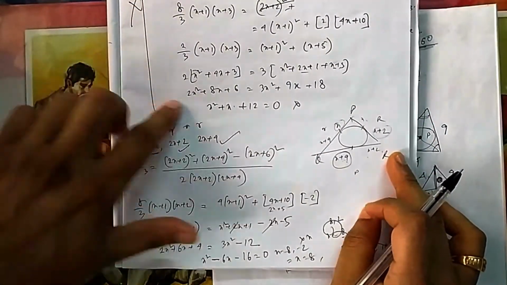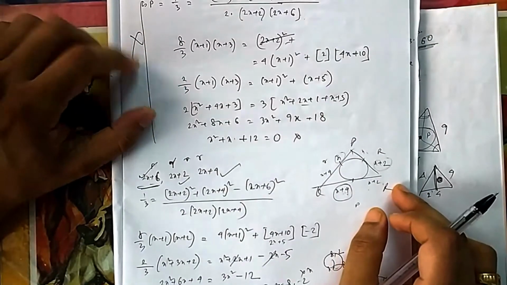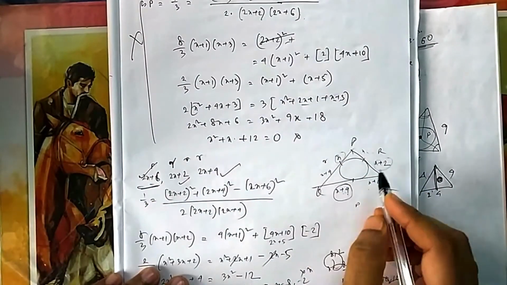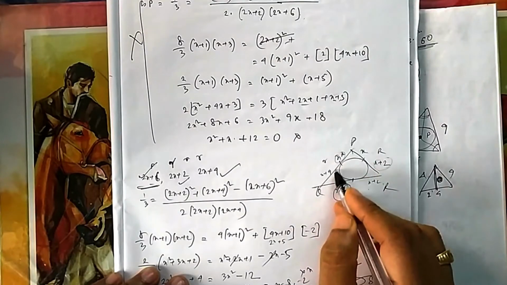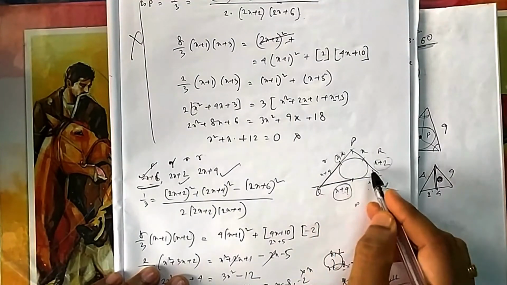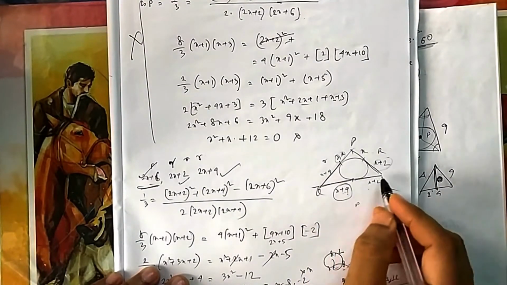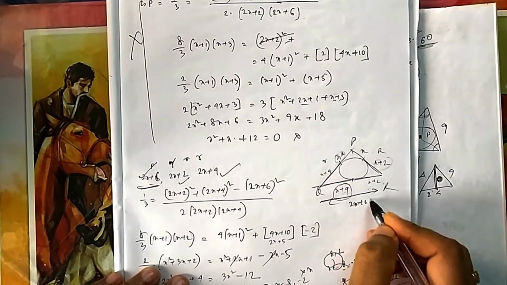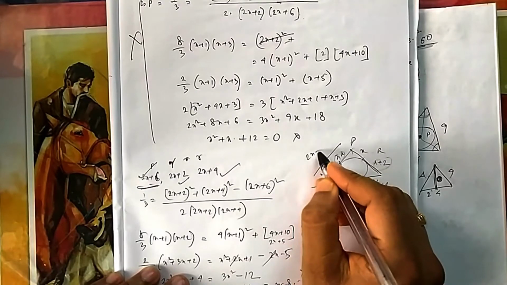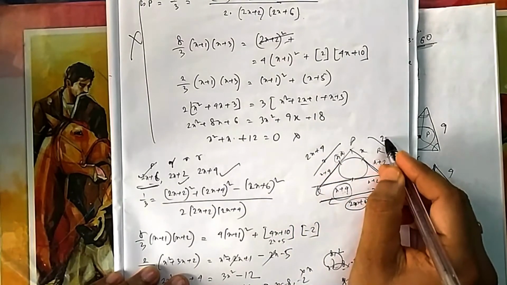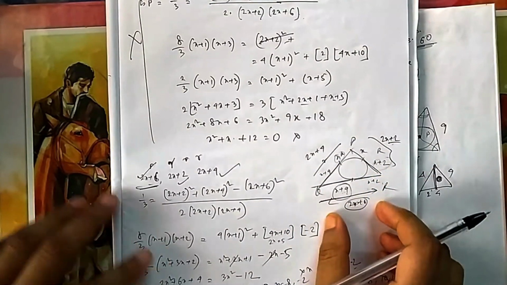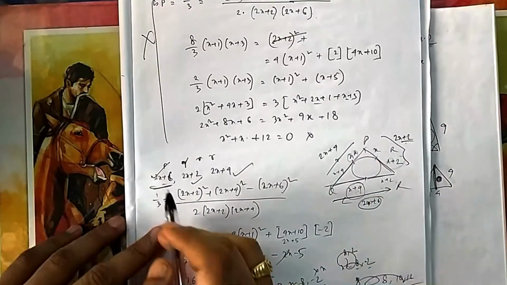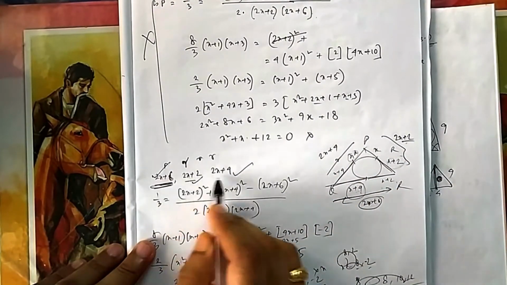I have done it this way, so this is giving a wrong answer. Why wrong? Because that is wrong. If you do it this way, this is x, this is x. So this I have considered x plus 4, this is x plus 4, this is x plus 2, this is x plus 2. So that this length now becomes 2x plus 6, which is the largest. And this length becomes 2x plus 4, and this length becomes 2x plus 2. So obviously this is the largest. They told you P should be the largest, so 2x plus 6 is the largest.